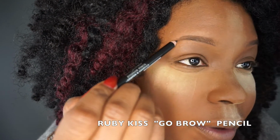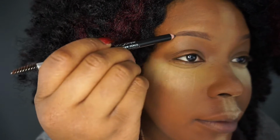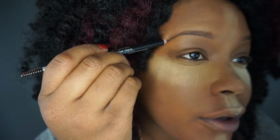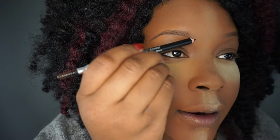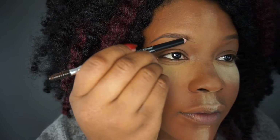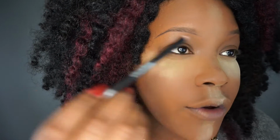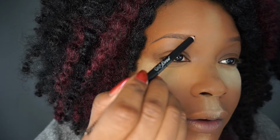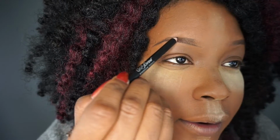And most of the time I tell people, if your brows are already manicured, it's gonna be a little easier for you to do this. What you wanna do is just outline your brow, just like that. And it's almost like you're doing a sketch, a trace of what your natural brow looks like. Now on the top, some people like to go a little higher. Some people like their brows a little thinner. I like mine a little bit fuller because, as you can see, I don't have much brows anyway, and they're pretty light in color. So I'm gonna go up a little bit higher,